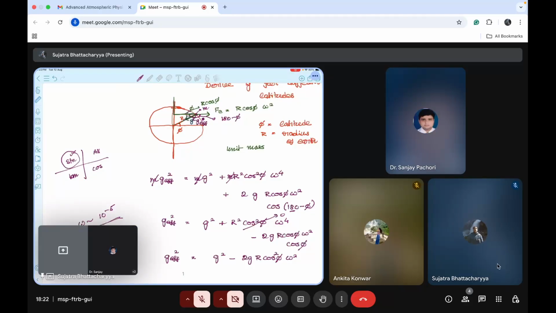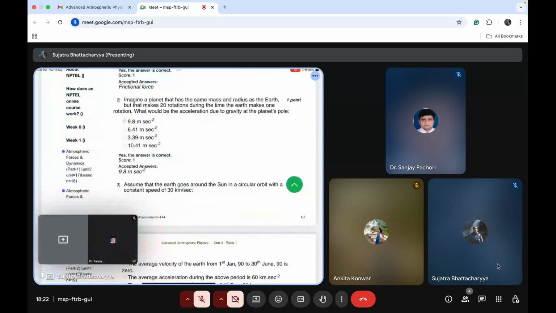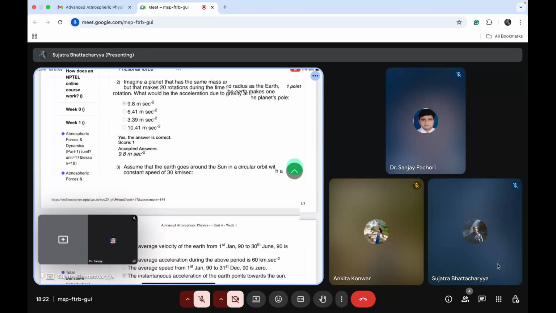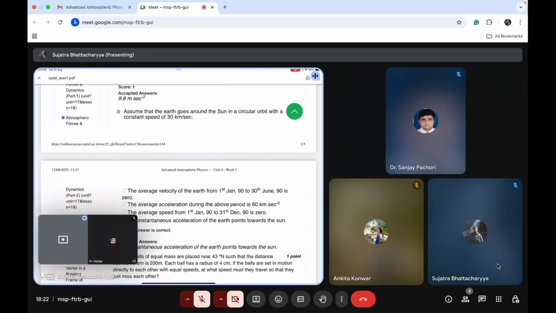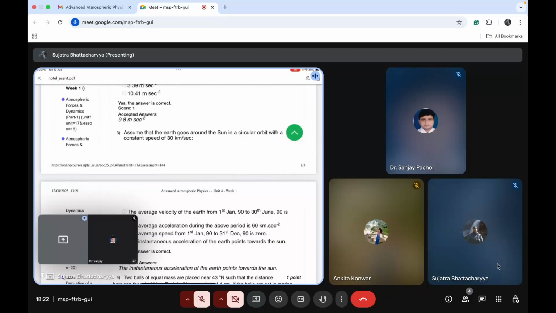Okay. So finally, the expression will be 9.8 meters per second squared. So that is the thing. There is no role of these rotations. That's all. Fine. Third question is that assume that the Earth goes around the Sun in a circular orbit with